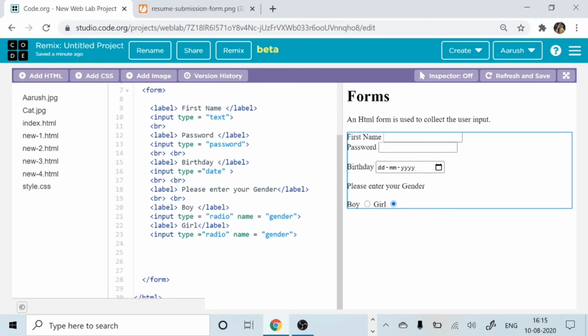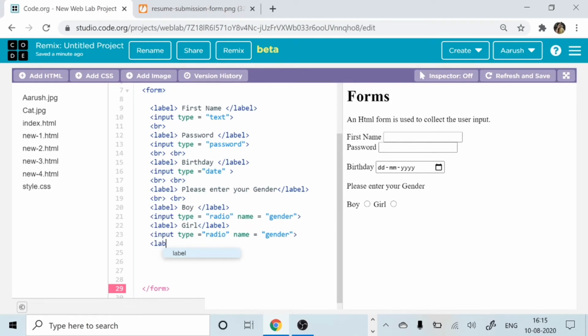Okay. Now let's talk about text area. What do you mean by text area? Suppose you want to give some feedback. Then how are you going to do this? Same thing. First, let's put the label here and we will say feedback.